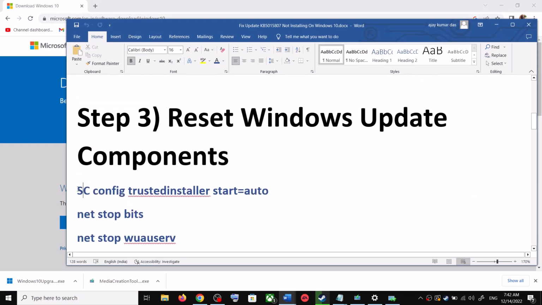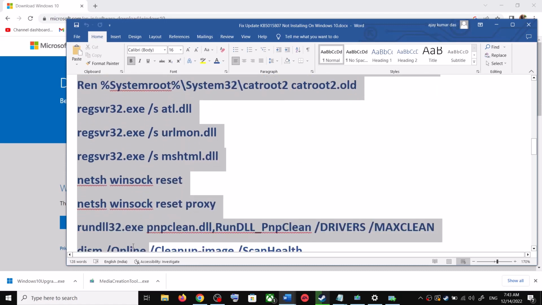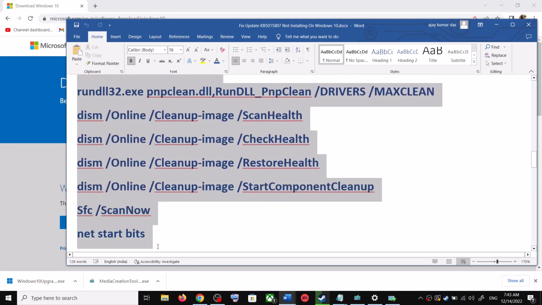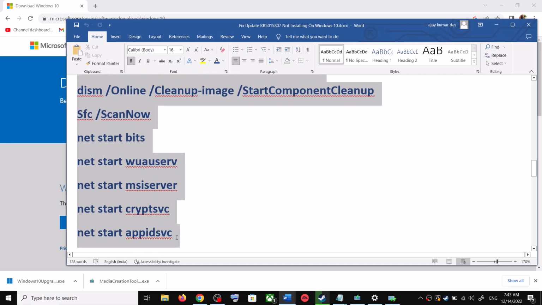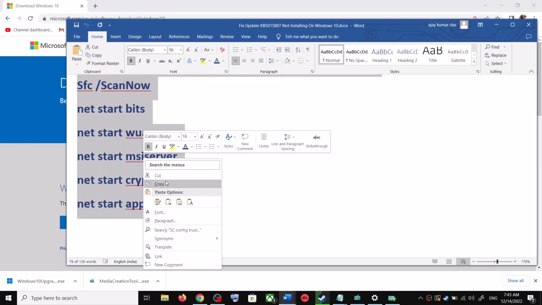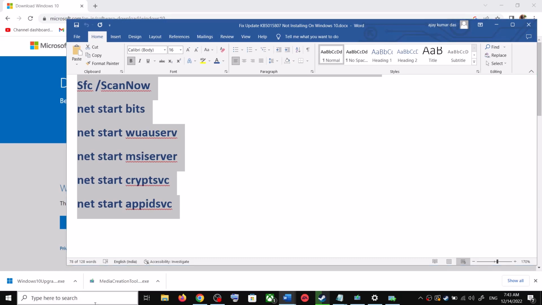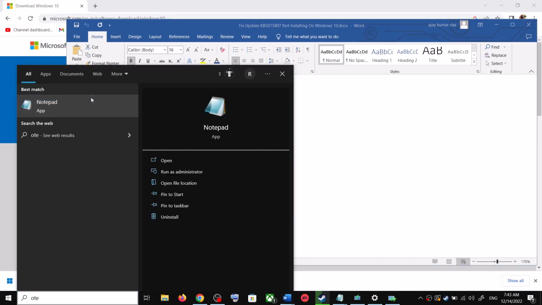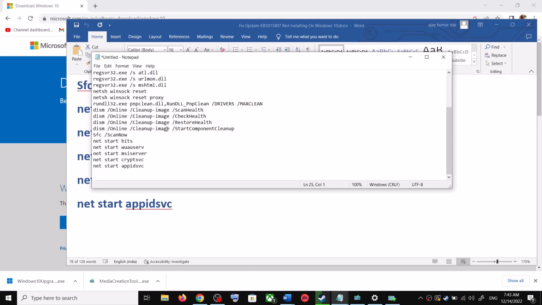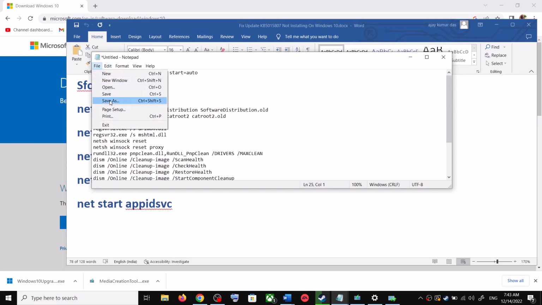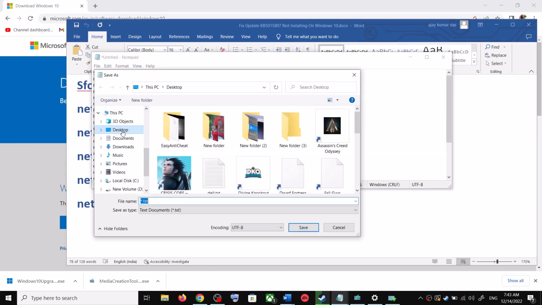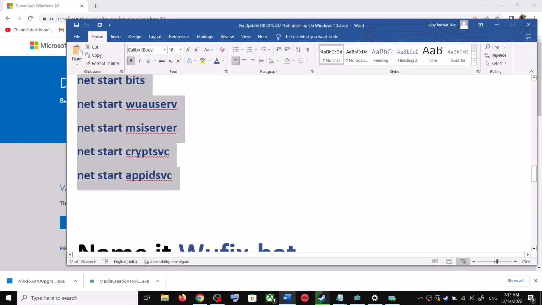For this, copy all these commands. These commands are provided in the video description. So copy the command till here and open Notepad on your computer. So type in Notepad in Windows search box and then open Notepad. Paste all the command over here. Now go to file, then click on save as. You can set the location at desktop and then name this file as